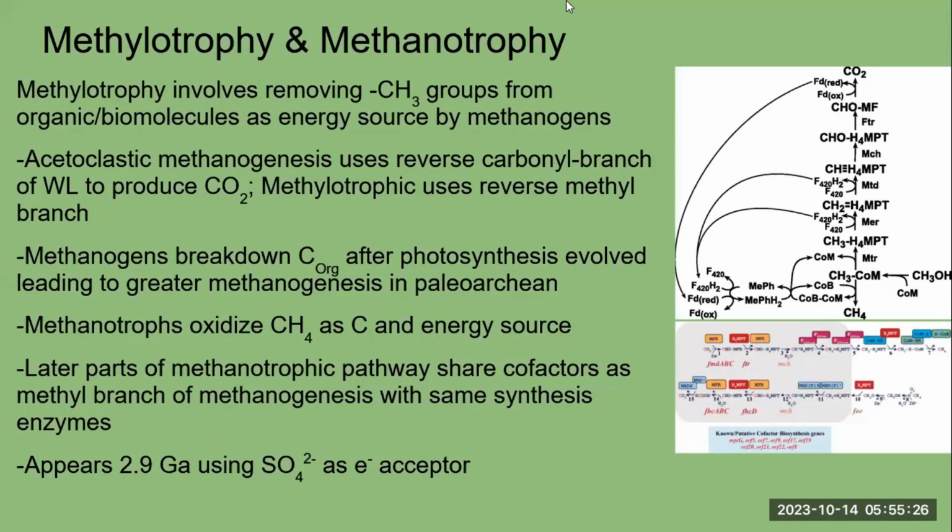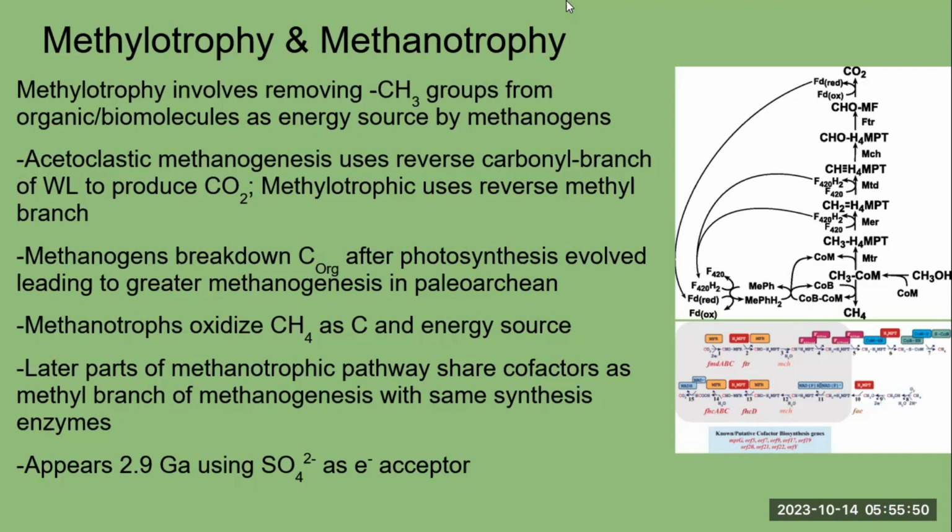The production of methane has long been seen as a key determinant of climate on the early Earth. A third variety of methanogenesis is known as methylotropic methanogenesis. Here, methanogens metabolize methyl groups on biomolecules as an energy source. To do this, they use a different modification of the Wood-Ljungdahl pathway, feeding an organic carbon into where the methanogenic